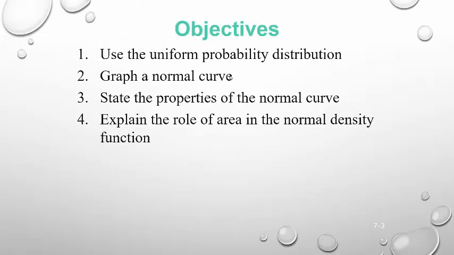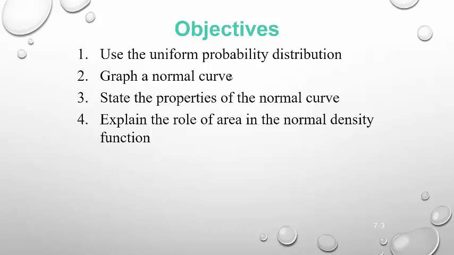Believe it or not, we're not actually going to start talking about the normal probability distribution. We'll talk about something called the uniform probability distribution, and this is just to give us an idea of how some of the properties that the normal distribution curve have are relatable to an example. And it's also sometimes easier to understand these properties when you look at something a little bit easier, such as